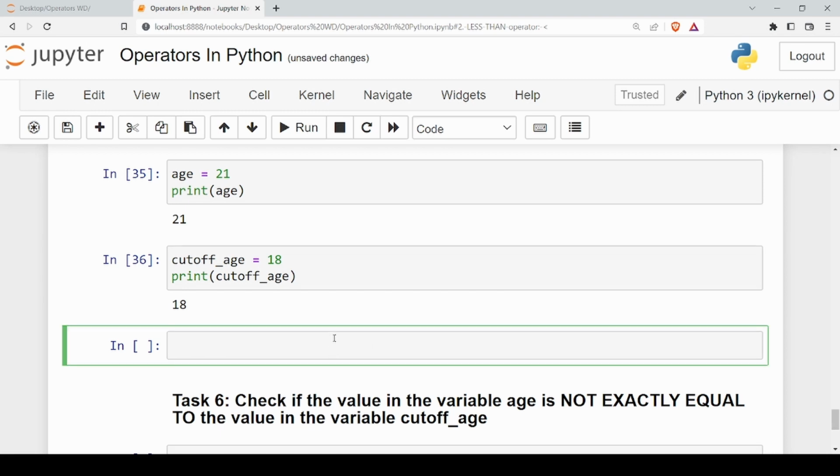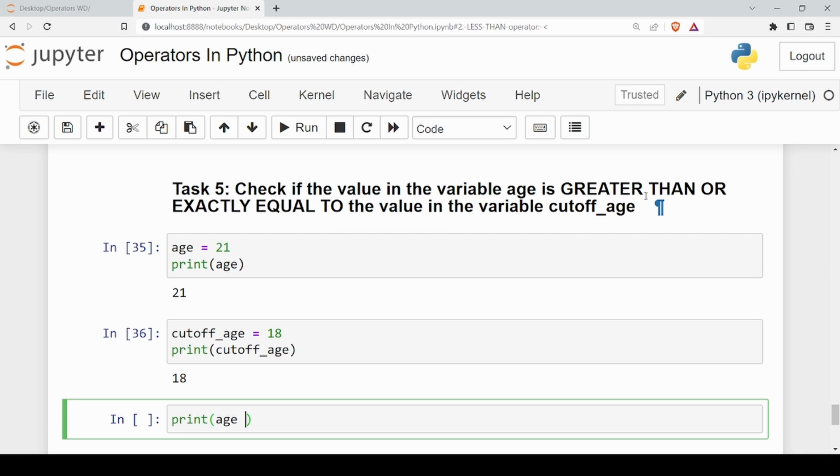To solve this question, I will write a print statement, and then inside the opening and closing parenthesis we'll put our expression. The expression will be age. We want to check if it is greater than or exactly equal to. So it's greater than or exactly equal to. Now we'll use this operator in Python. Now it will be greater than the cutoff